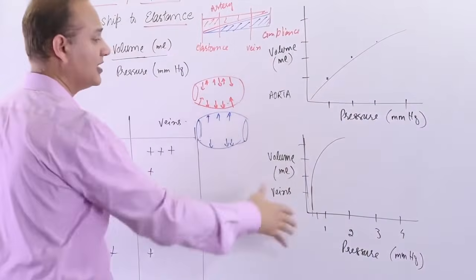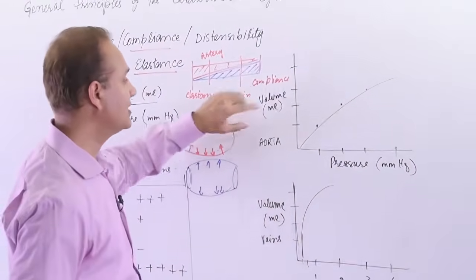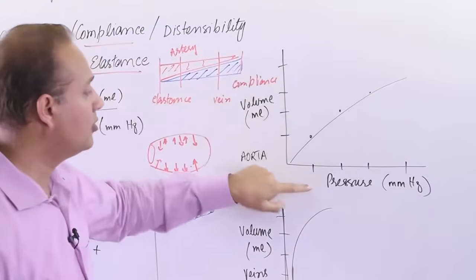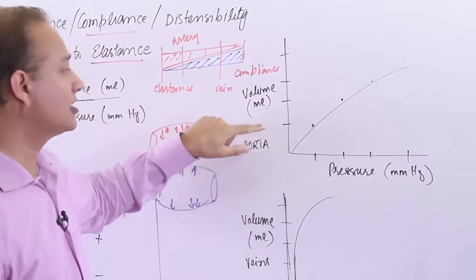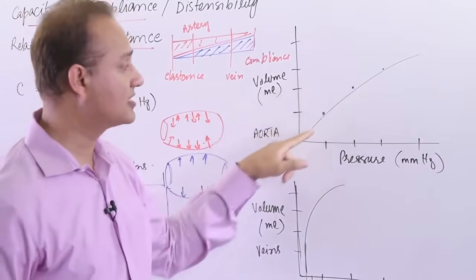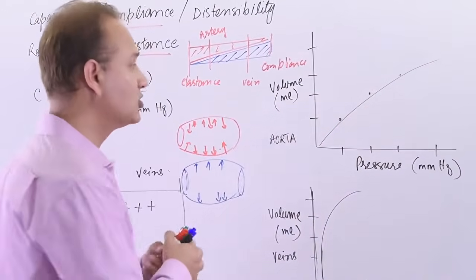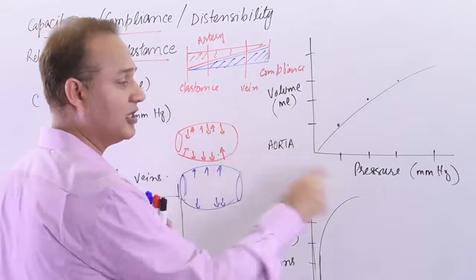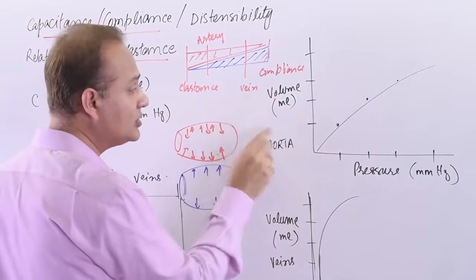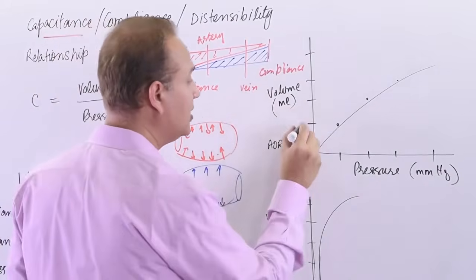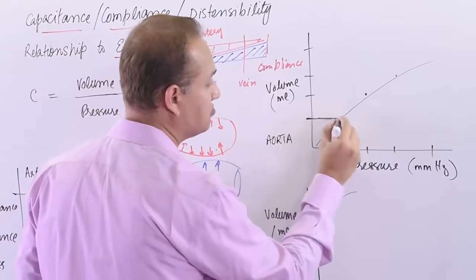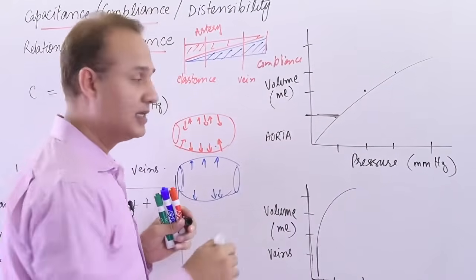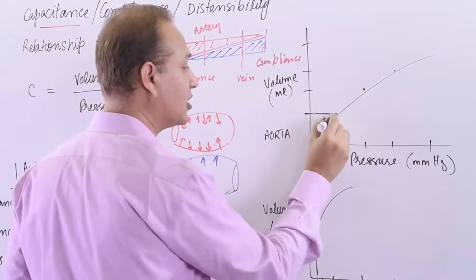So now let's see, you might encounter these graphs. This is the graph of volume over pressure for the aorta's compliance. So this curve here, this line here plots the compliance. So now what is happening is, let's say you are the heart and you are pumping blood into the aorta. As you pump one unit of blood, the pressure in the aorta goes up.